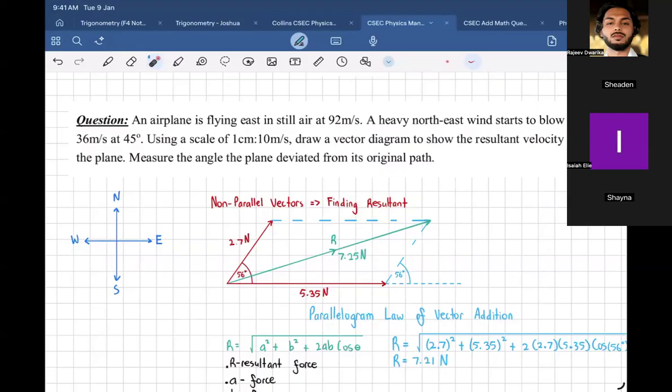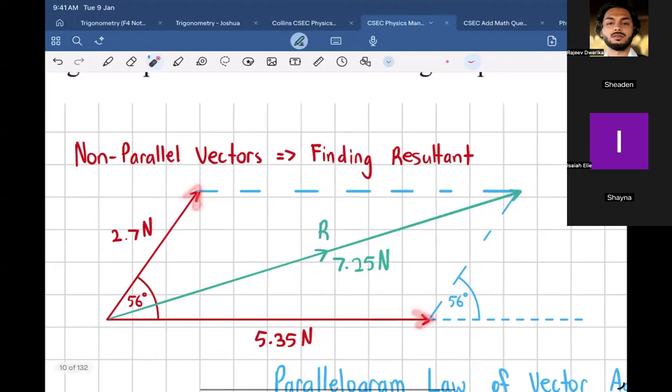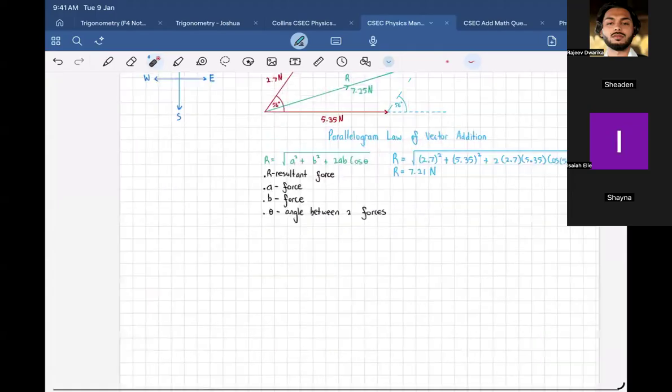All right, Isaiah, something I want to tell you. I would like you to put the head of the vector at the end point. So this will be the tail and this will be the head. Don't put the head over here; put it at the end point. This is kind of an exception, but you still need to put it at the end point. The reason we typically put it over here is because when you have all of this drawn, it's going to be hard to see it over here, but you should still put it at the end point. So in your diagram, make sure you put it at the end point of those two vectors. This is some advice.